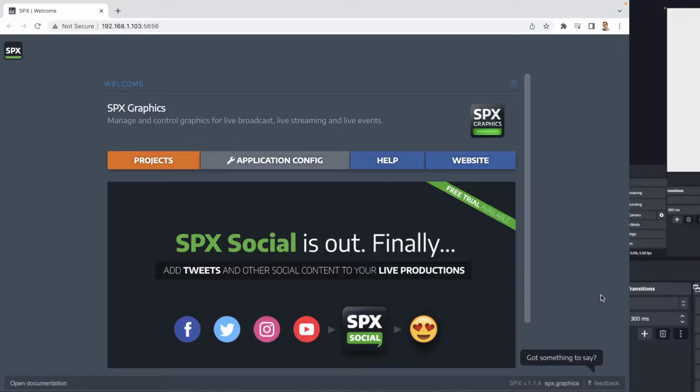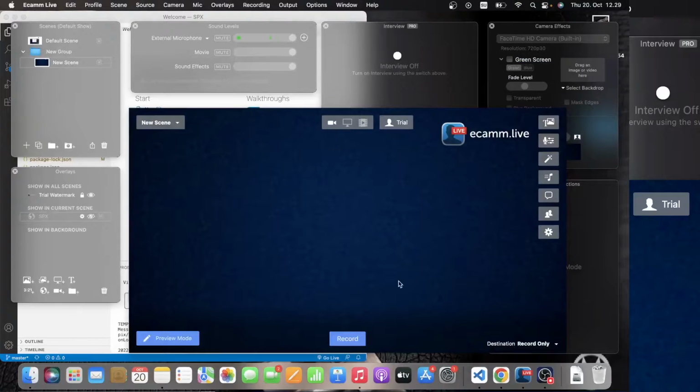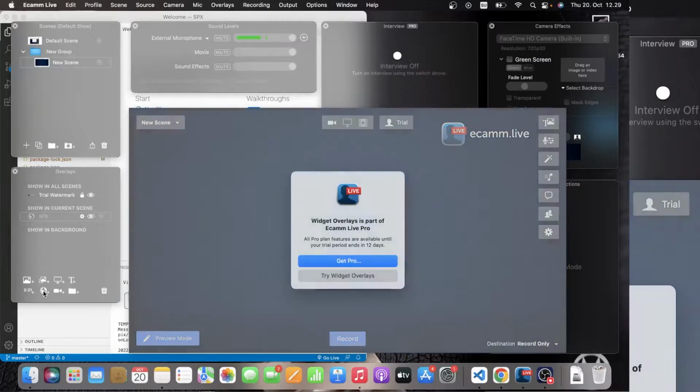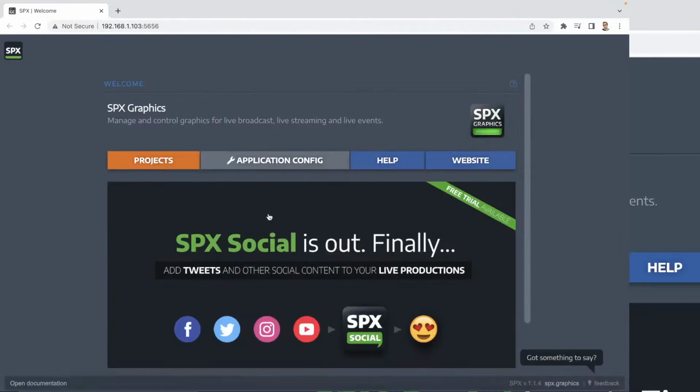This should be fairly easy. Let's first open Ecamm Live. SPX would act as an overlay in Ecamm Live, so you can add the widget overlays right here. Display name can be anything. I'm going to put SPX. And widget URL, you can find it in SPX